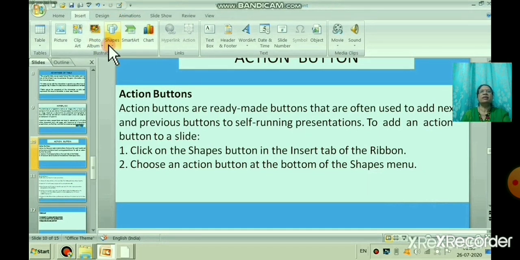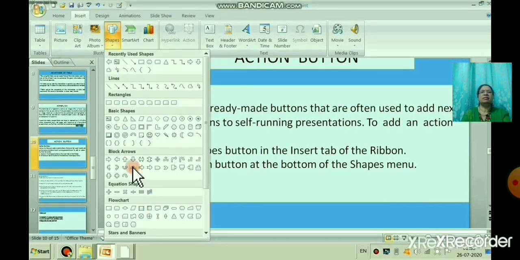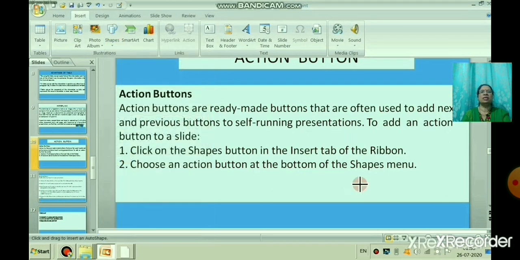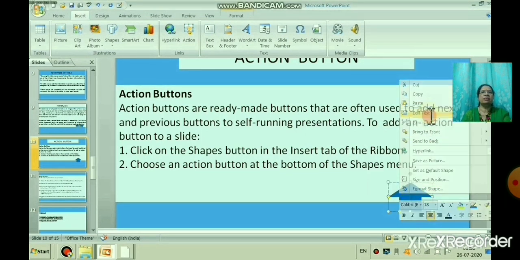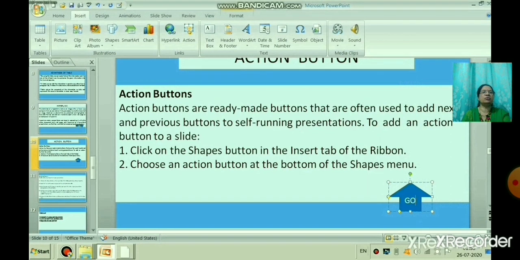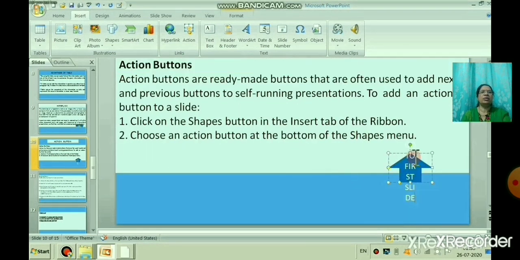Now I will take one more, a different one, not mouse click. Here PowerPoint offers action buttons that play sounds when activated also. See, I have taken one up arrow, then go to first slide.